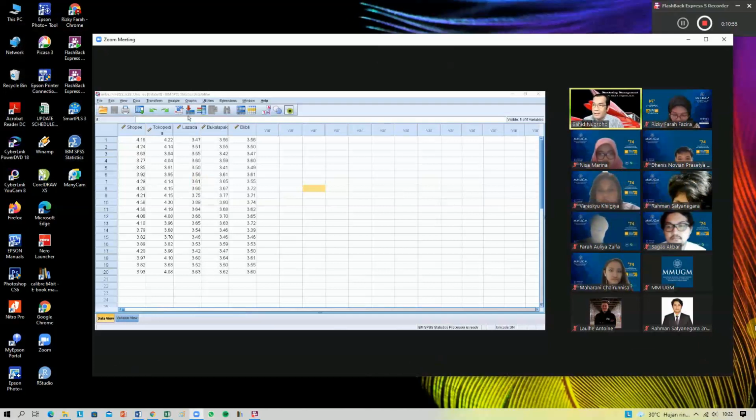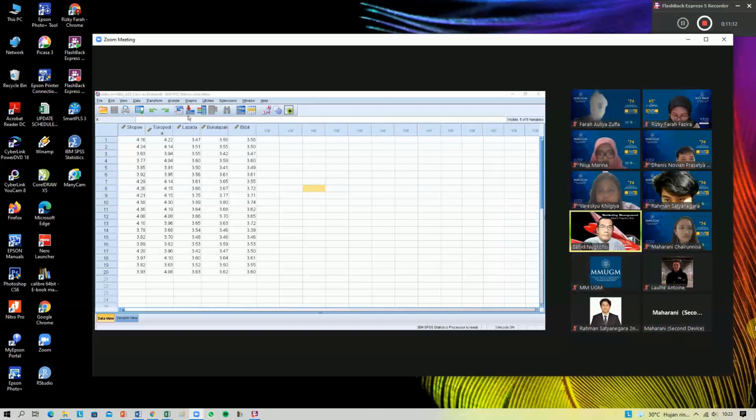So just type what you see. You see the syntax? Yes, this is right.